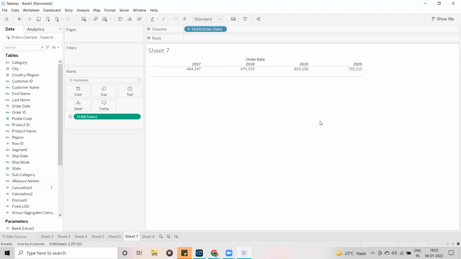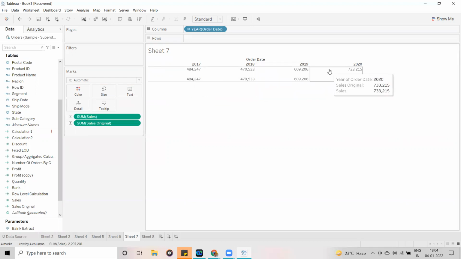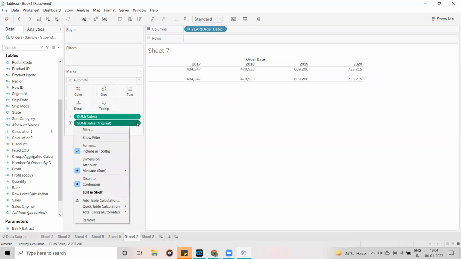Now the customer is asking for the difference amount compared to the current year and the previous year. Now how are you going to find out the difference? Again here I am going to use the original sales version. Here, sum of sales original is the original value. For reference purposes, I am going to keep it as it is. Now I am going to click on this drop down, and here quick table calculations. Here I am going to use the difference, either difference or percentage difference, whatever you use, both of these behave the same.